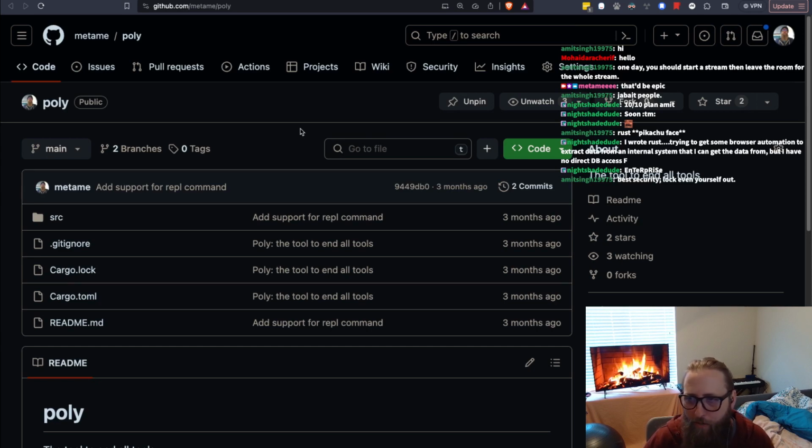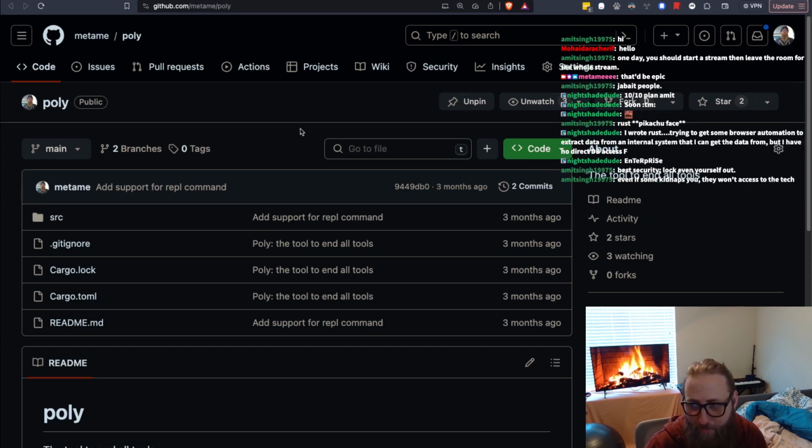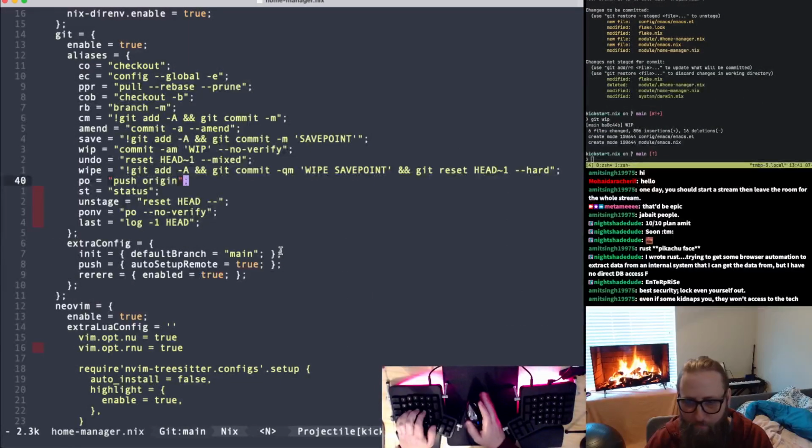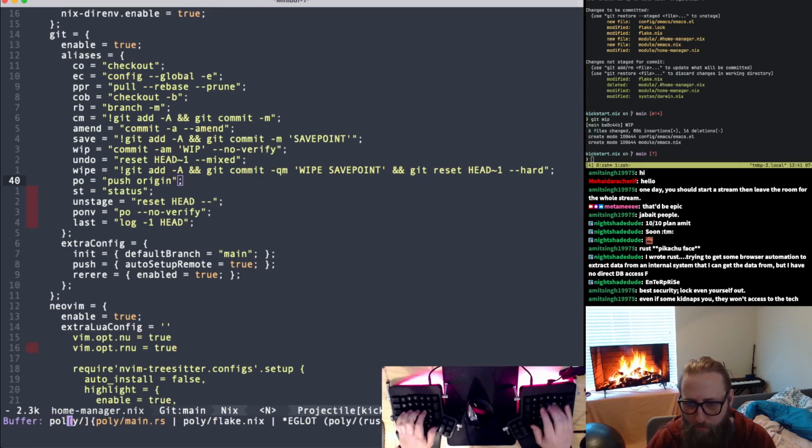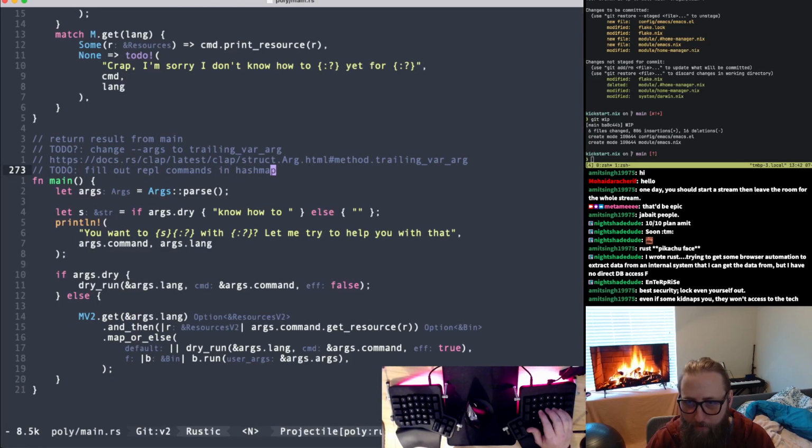But we're going to continue working on our Poly CLI in Rust today, and we'll see what we have left. We've made quite a bit of progress so far, actually. Last time we implemented the whole arbitrary arguments thing, which was pretty nice. We did the whole args thing. Now we could change it to the trailing var arg. We might still want to do that. And then at the very end, we found out that